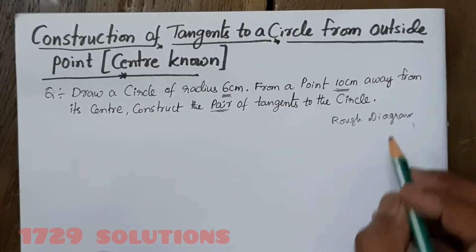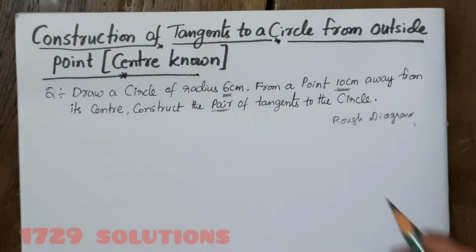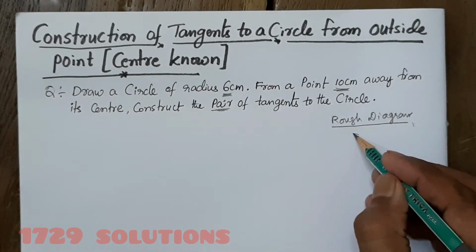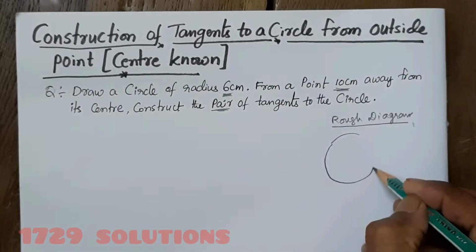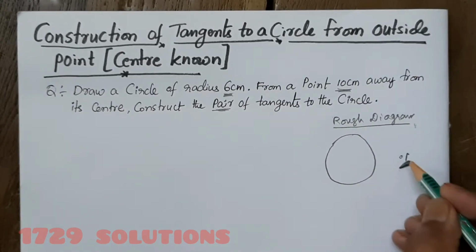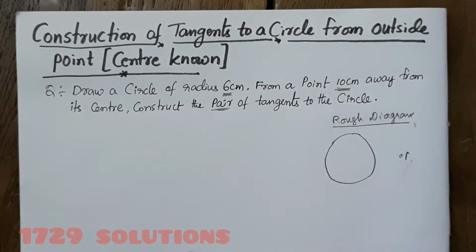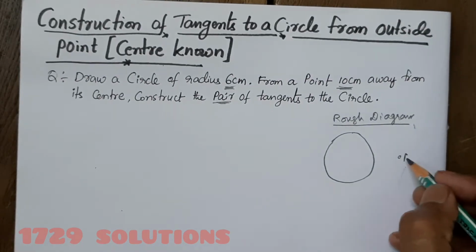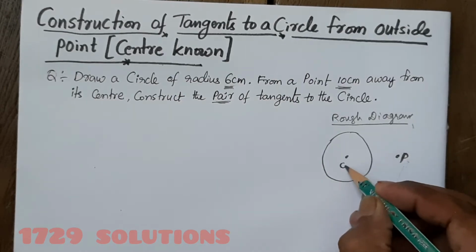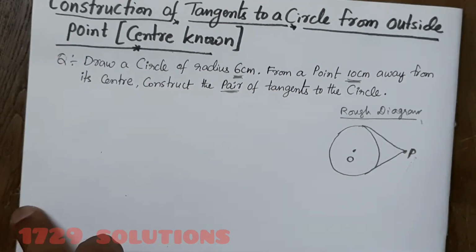So you need to take the circle and a point outside of the circle and you will get two tangents. Clear? So the radius of the circle is clearly 6 centimeters. Is the question from the textbook. Okay. So two tangents from the point outside of a circle. So 6 centimeters is very big.